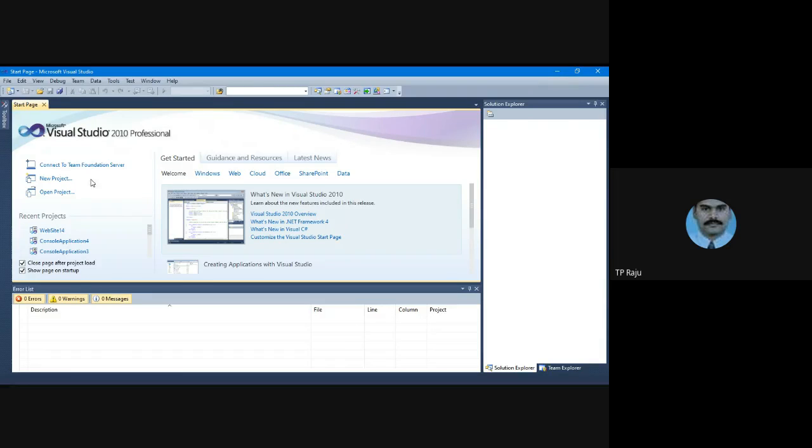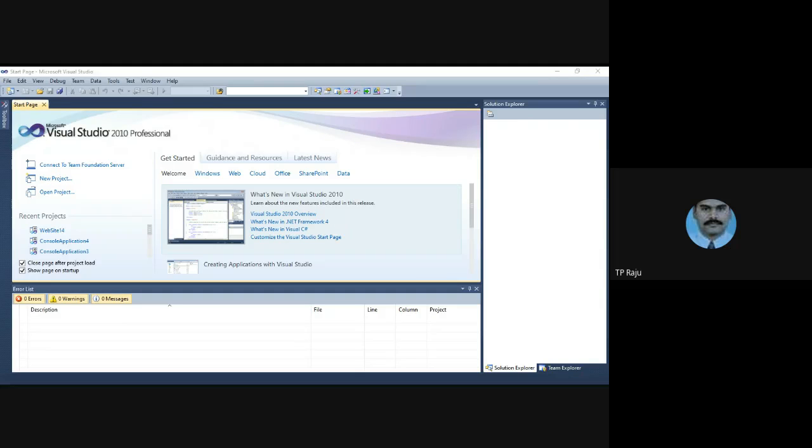After clicking the Website option, you will get a window. From that window, you need to select C# from the left side panel. From the right side panel, you click the ASP.NET Empty Website.